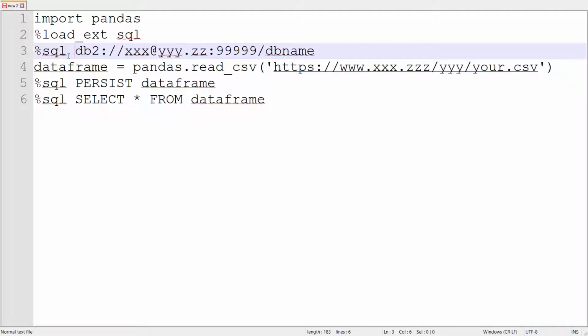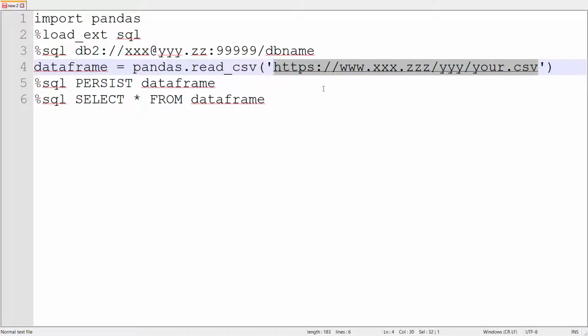So you write %sql and the URI of the connection, for making the connection to the database in the host where it is, and so on. Then you have, for example, data frame equal to pandas dot read underscore csv, and you write the internet address of the CSV as an argument, and you have opened the CSV.